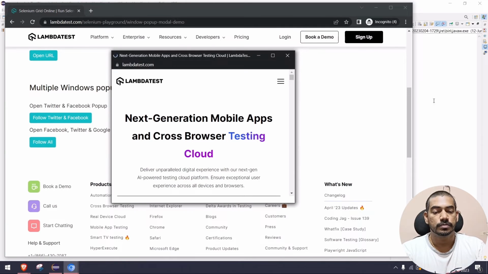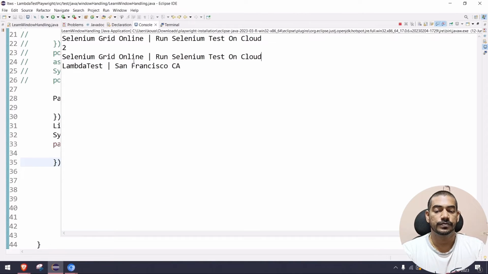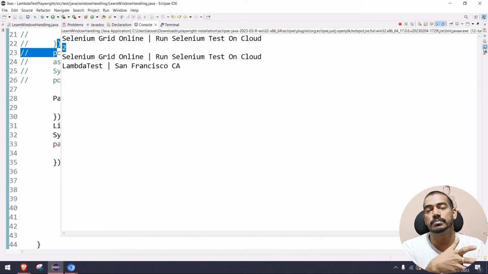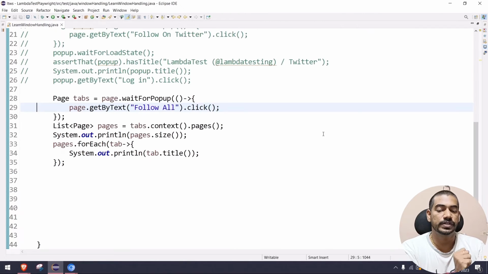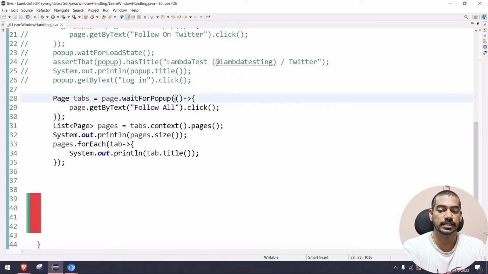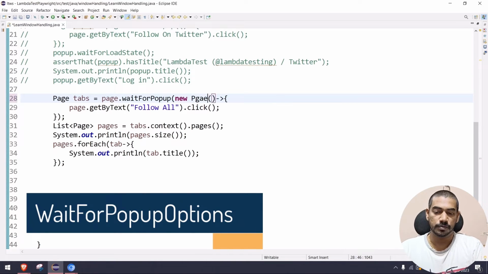Okay, so if I go and see here, you can see we got 2 this time. Previously we got 3, this time we got 2. Why is this happening? Because of the load issue. When the page loads a bit slower, it basically doesn't give us all the titles or the correct size. So what we can do is use the waitForPopup options. For example, here I can say new, followed by page.waitForPopup option,